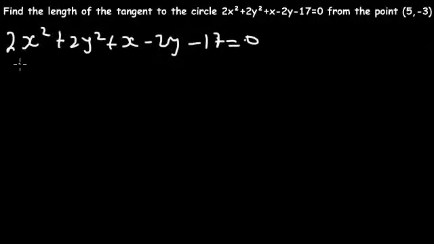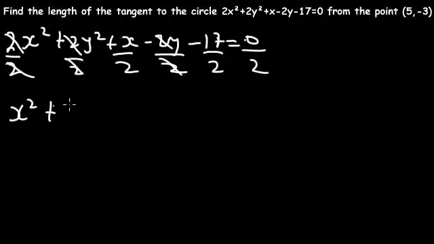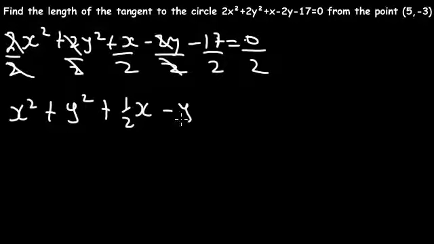So now the goal at this point is to reform it into standard form. Whenever a coefficient is attached to the leading term, it is first of all recommended to divide all through by the coefficient. The coefficients of x squared and y squared will be the same in all cases, otherwise that equation is not the equation of a circle. So 2 reduces this, 2 reduces here as well, and the last term keeps its 2. So we now have x squared plus y squared plus half x minus y minus 17 over 2 equals